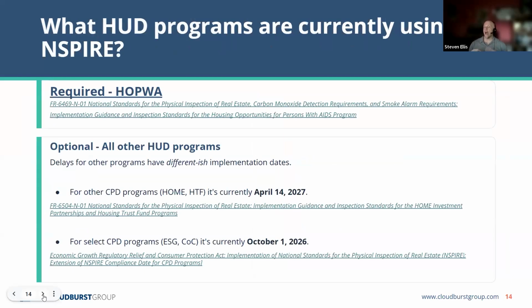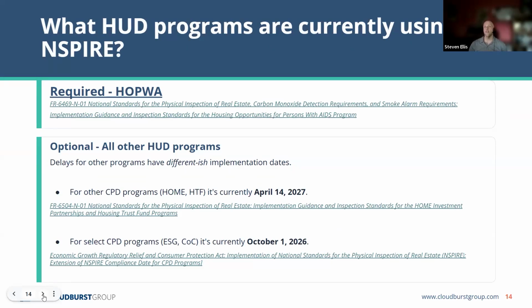I'll also note that as of today, August 13th, 2026, there is only one program that is required to use Inspire: the HOPWA program, Housing Opportunities for Persons with AIDS. Its implementation notice went out last August. There's a hyperlink there in case you want an example of what an implementation notice looks like.